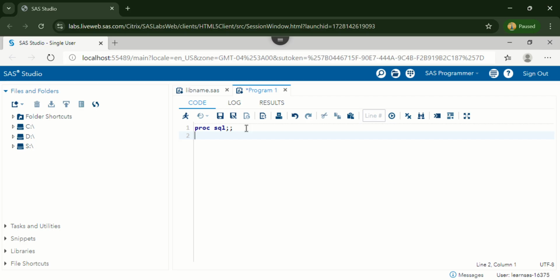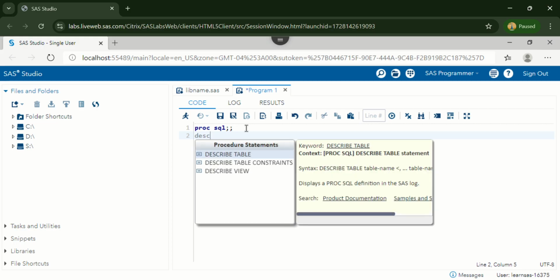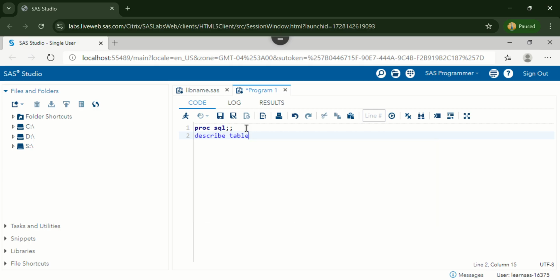We will use the DESCRIBE TABLE option to view the column attributes of a table in SQL, but in SAS there is a PROC CONTENTS step used to view the column attributes in detail, in depth, but in SQL there is a DESCRIBE TABLE option. I'm having an SQ library. In that I'm having a customer